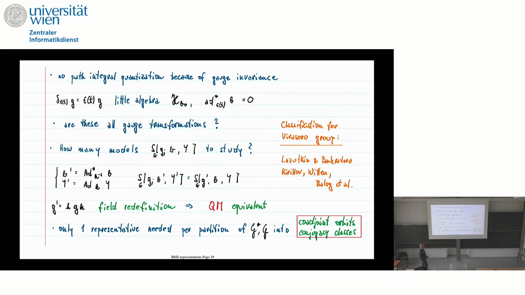There's a very nice paper on, so how much of these models should you study? How many should you study? There's a famous paper by Witten and a very clear explanation also by some Hungarian mathematicians close to you, which gives you the different models that you should study. So here is in particular where co-adjoint orbits come in.